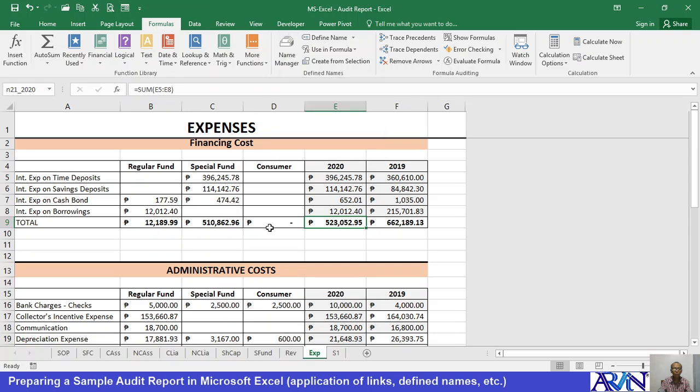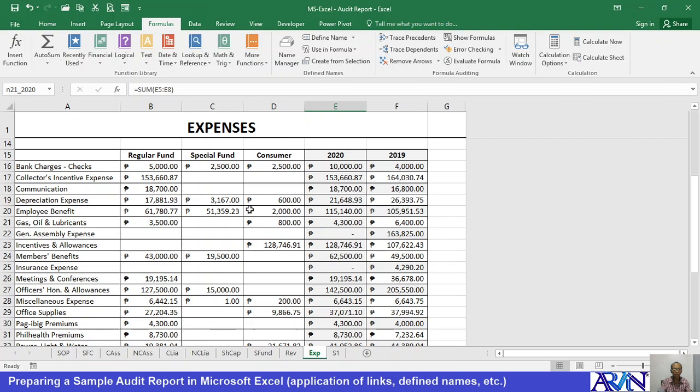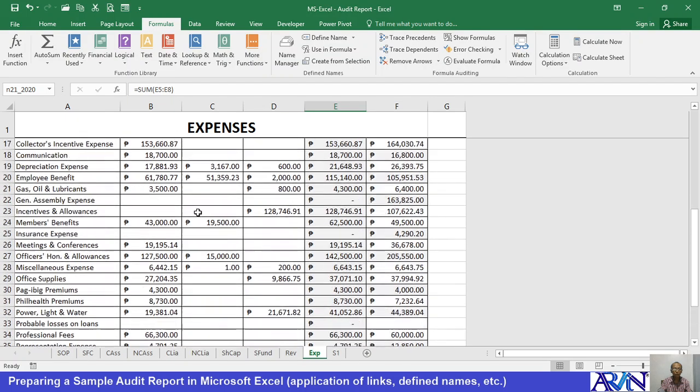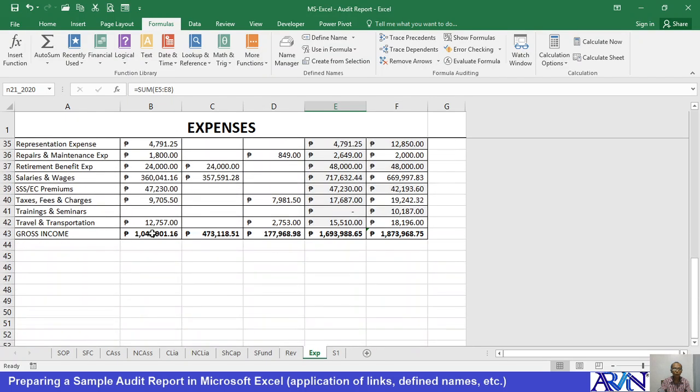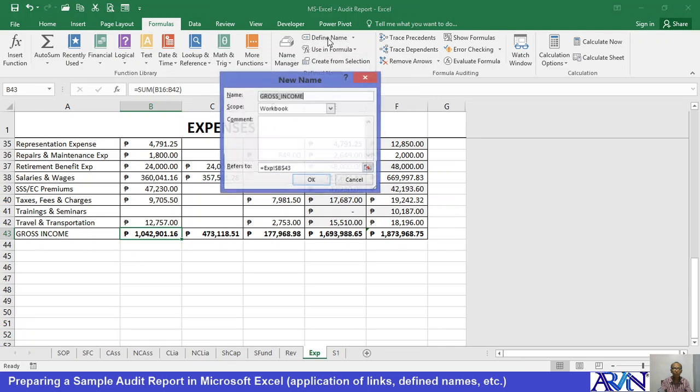Another option is if you would like to define a name using this one. Say for example, under administrative costs, I would like to name this one. I can go to define name. Okay, will I use gross income? Perhaps I can use gross income regular fund,